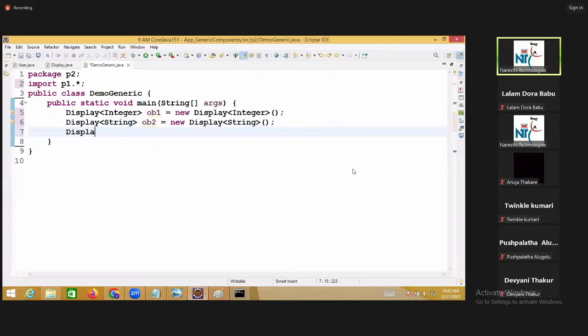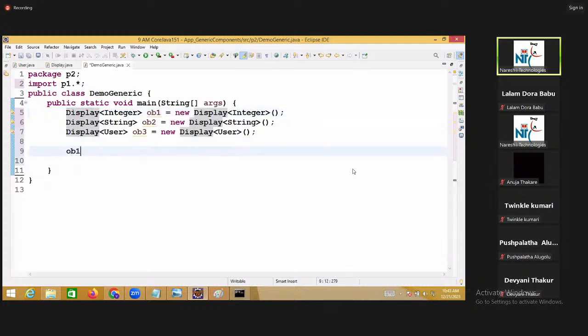Now Display going to hold user object: ob3 equal to new Display holding user object. I created three objects, ob1 holding integer object, ob2 holding string object, ob3 holding user object, but the objects are coming from the same class only. Same class object holding different types.